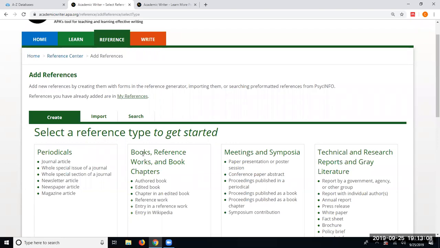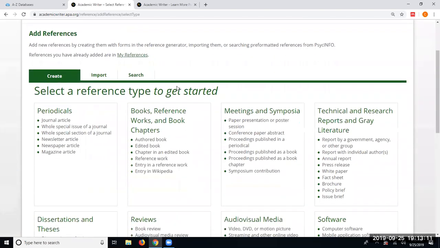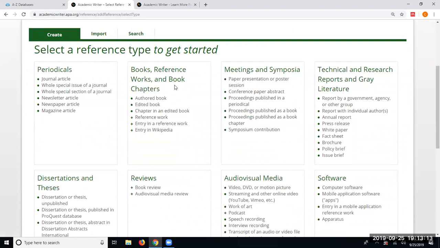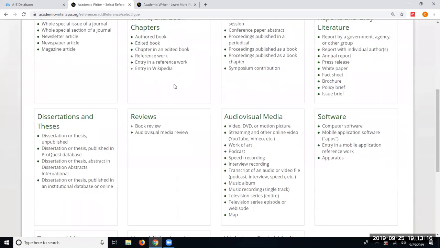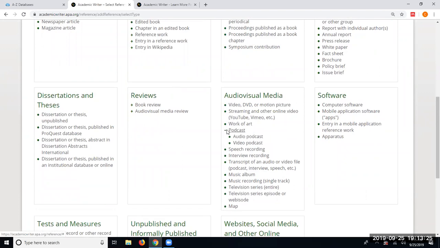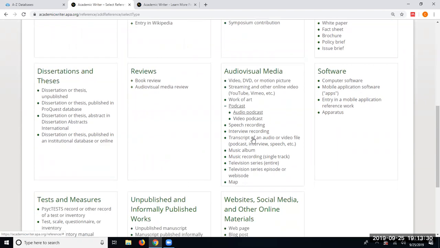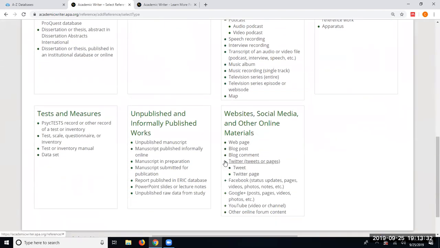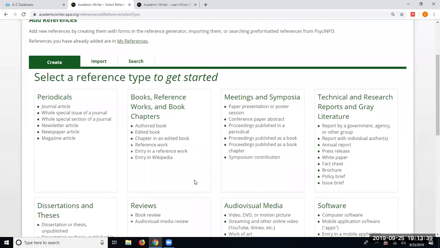The first thing we would do here is select create a reference or add a reference, and we would figure out what kind of reference we're looking to do. If we are looking for something like an audio-visual media reference, and we want to reference a YouTube video, or for example, a podcast, we can select audio podcast, and that's how we would start that. Again, there's Twitter here. There's also Facebook if that's something that you're actually using as a reference. But in this case, we'll start with something very simple. If you guys just go to journal article,